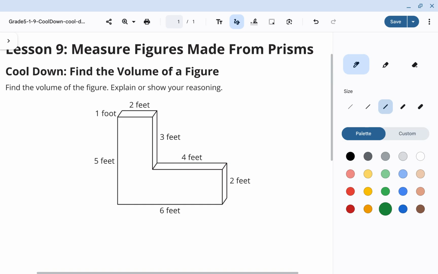In this cooldown, we're going to find the volume of this figure, and we notice in this figure, as well as in our figures in our lessons, that it's made of multiple prisms. We must find the volume of the figure, and our strategy is going to be to divide this so that we really have two different prisms. We will calculate the volume of each individual prism and then add those two volumes together to get the volume